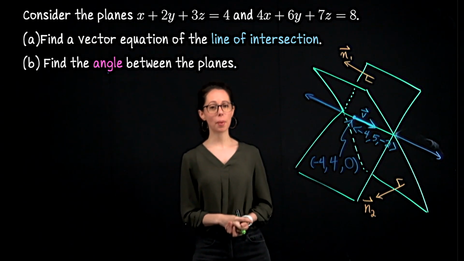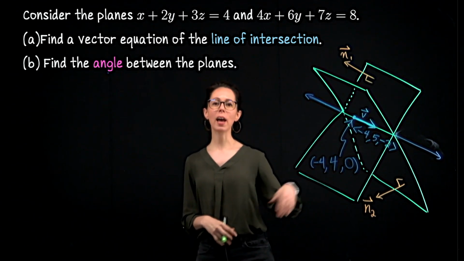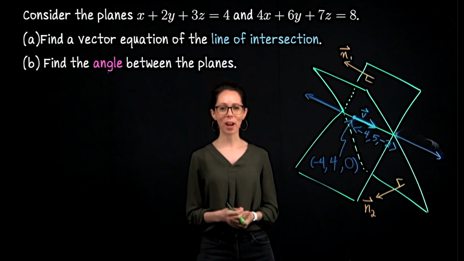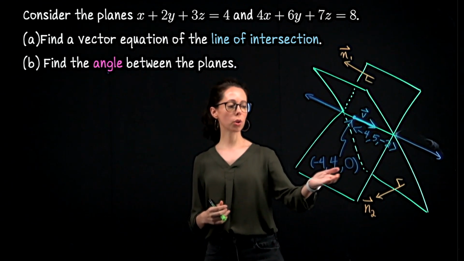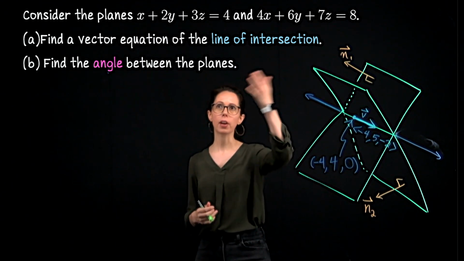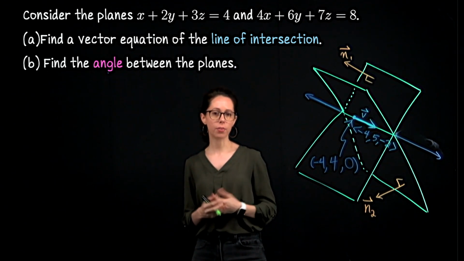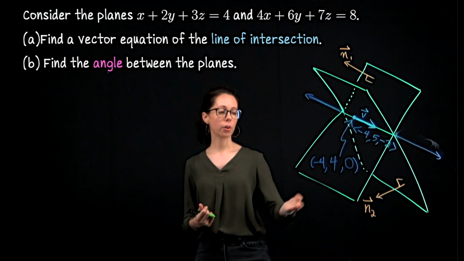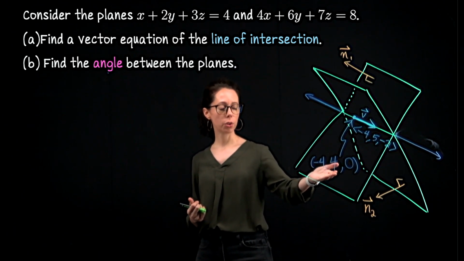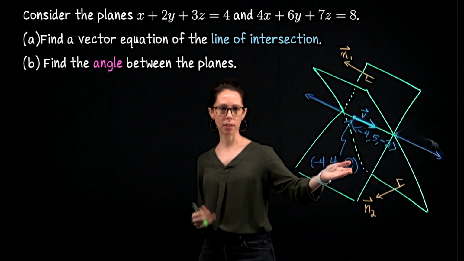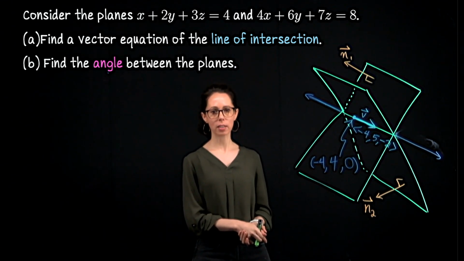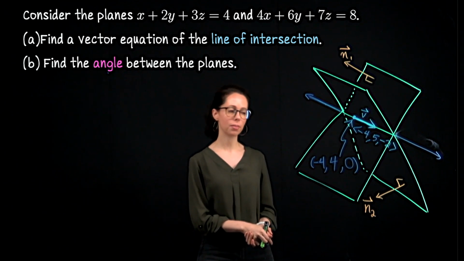If you wanted a little bit more practice with finding points on the line and you took my advice and tried to find a few other points, and you're wondering if you did it correctly, all you have to do is take the triple you found and plug them in for x, y, and z in our 2 plane equations. If you have 2 true statements at the end, then you've done it correctly. So negative 4 plus 2 times 4 plus 3 times 0 is 4. That satisfies the first plane equation, and similarly, this triple will satisfy the second. Okay, so that's how you can check yourself.